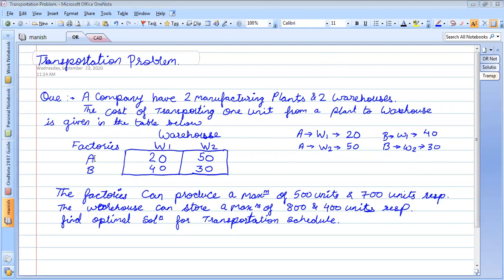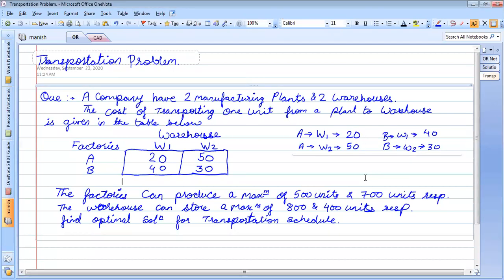Yeah, so there is one factory, say one bottling plant. Let us take an example of a Coca-Cola bottling plant. So there is a bottling plant at, say, Mangalpalli. Let us name this as A. So Coca-Cola have a bottling plant at Mangalpalli. From Mangalpalli to their warehouse at, say, B.N. Reddy, for transporting one bottle of Coca-Cola from factory A to warehouse 1, W1, the cost of transportation, that is the cost invested in transporting the bottle, is around 20 rupees. Now do you get it?